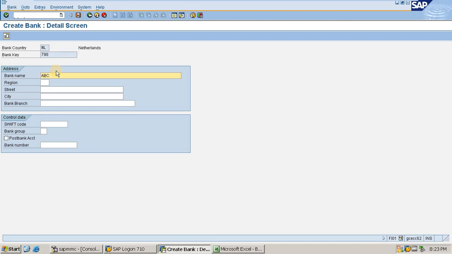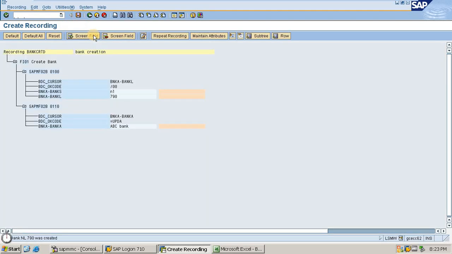I am putting ABC as an example, ABC Bank. Then I am not putting anything else. I am just pressing the save button. Why? The reason being, the others were not mandatory there. I wanted to give you a simple example, hence I just saved it. But if you feel like entering other fields, then you always can.